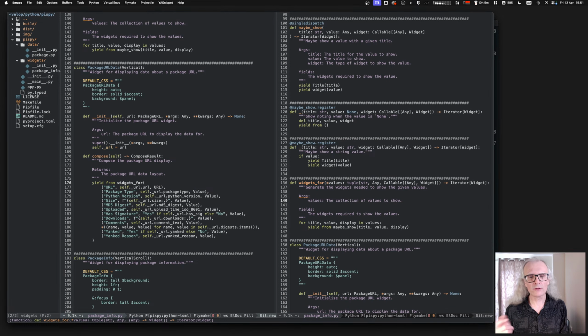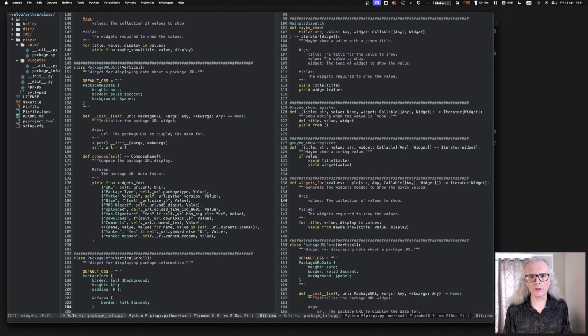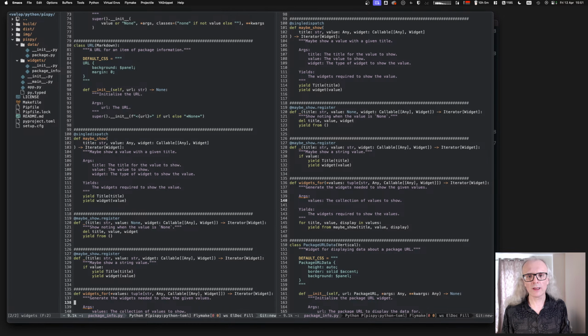Here I yield from it in the compose, and this function creates all the appropriate widgets that will go into that widget. And down here, I just mount everything that comes out of there. So I basically moved that loop up